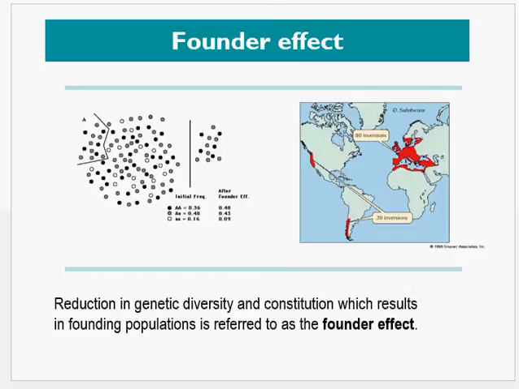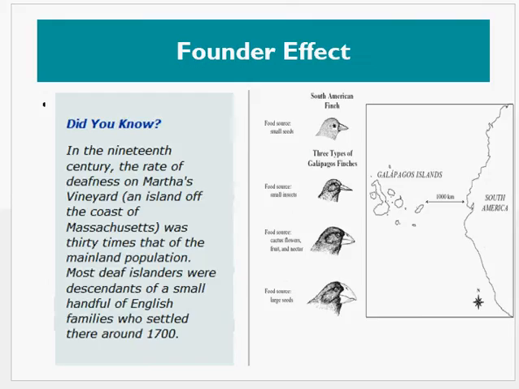Another example of the founder effect is in Martha's Vineyard off the coast of Massachusetts on the eastern side of the United States. Martha's Vineyard was a small island which was only settled by a small handful of English families, only a few people. And as a result,